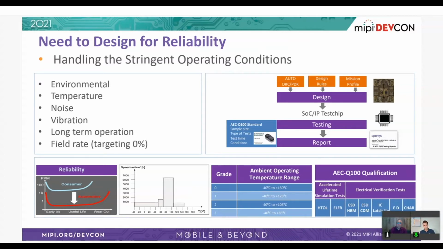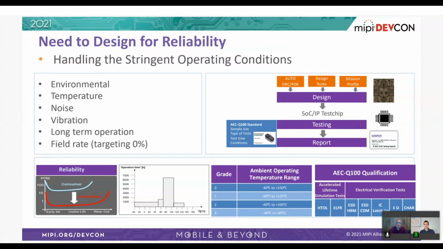So you need to address a number of items at the design stage. And one important input here is to really look at the target application. What kind of temperature profiles will it be exposed to? That depends on the application, whether it's something that will be inside the vehicle, inside the cabin, or outside the cabin, under the hood. Different temperatures will be exposed.